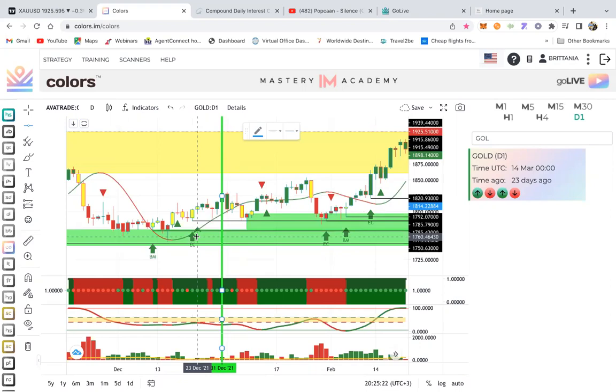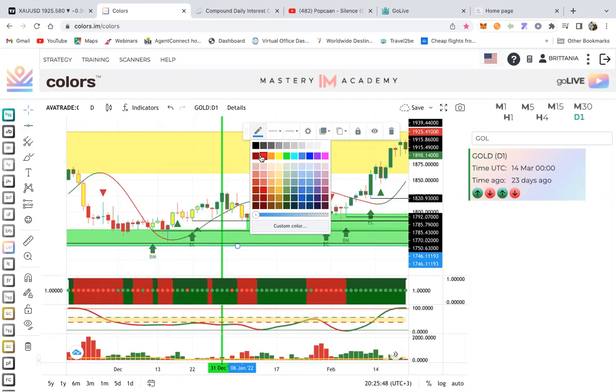The EC stands for engulfing candle, right? BM stands for buyer's momentum. You don't have to worry about those right now, right? If you see an EC, you put your stop loss underneath the EC. If you don't see an EC, then all you do is put your stop loss underneath the green box, right? So let's just keep it simple. Put it underneath the green box, right?